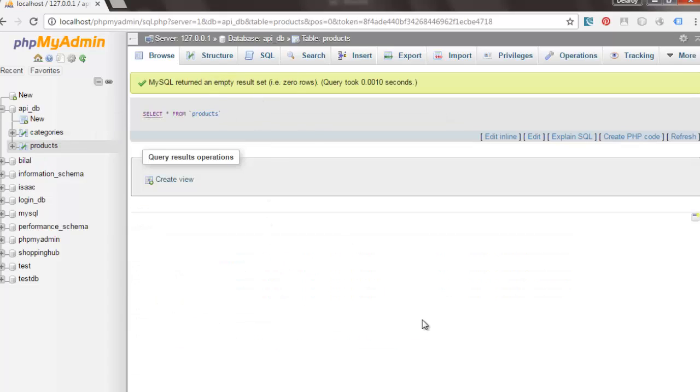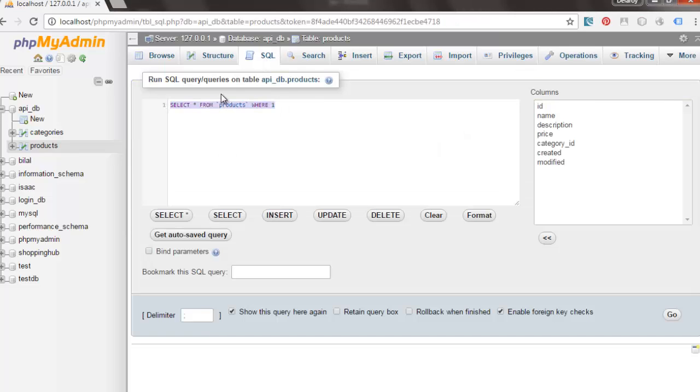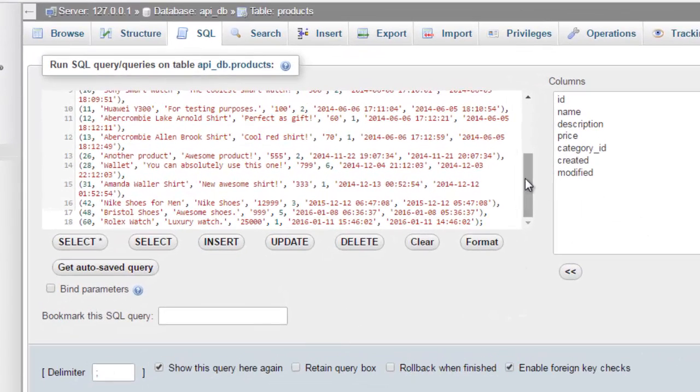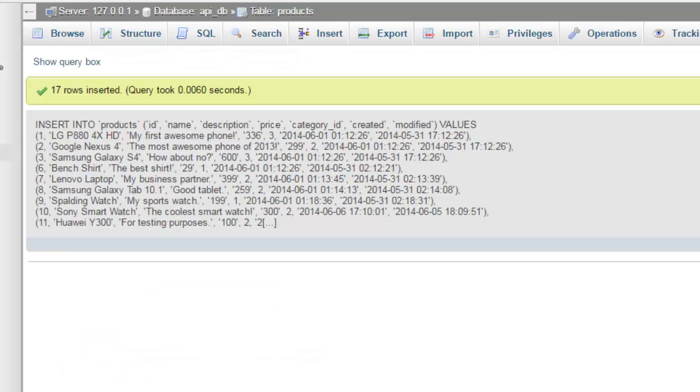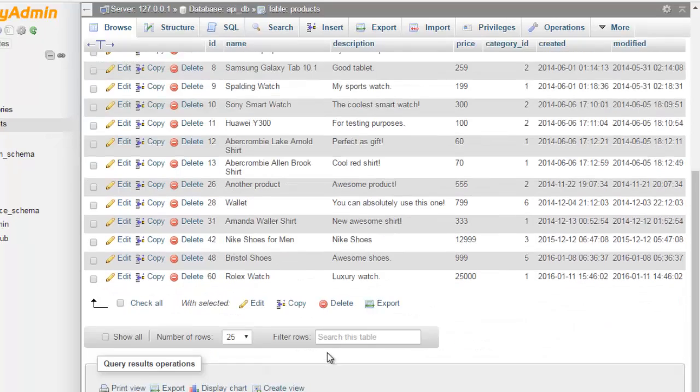So we can as well pass in values into the products. So I'm actually going to be copying this SQL syntax for that as well. So let's go to the SQL, paste out the dummy data. Now we have these as insert into products, the ID, name, that's the fields, and also the values. So I click on Go to actually pass that into products. You can see we have that set right there, so we can easily browse through the details. Can you see we have up to